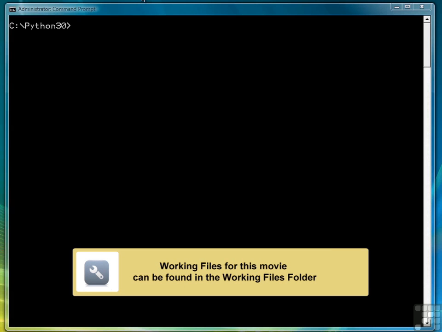In this chapter, we're going to be looking at advanced uses of functions. And in this first lesson, we're going to begin looking at one advanced use of functions, and that's the recursive function. Not so much an advanced use as it is an advanced technique for writing functions. So let's get started. We're going to call this program